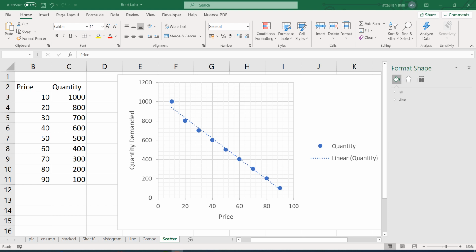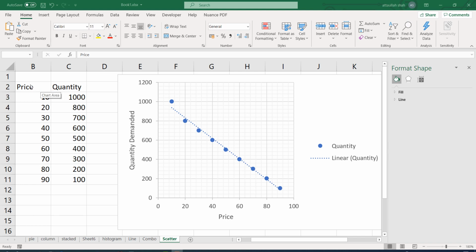Okay, the convention in economics is to put the price on the y-axis and quantity demanded on the x-axis. So if you would like to go by that convention, we would just change the order of the columns.